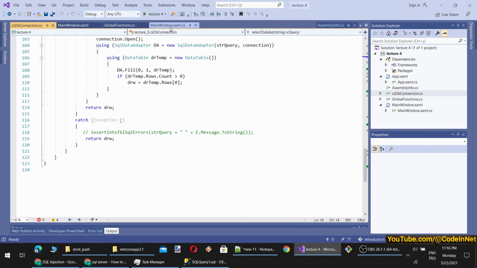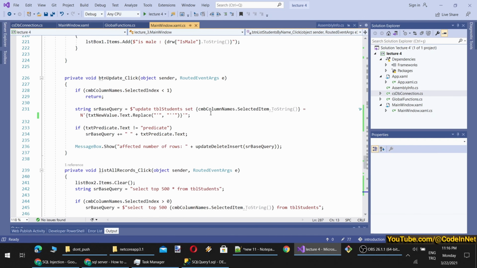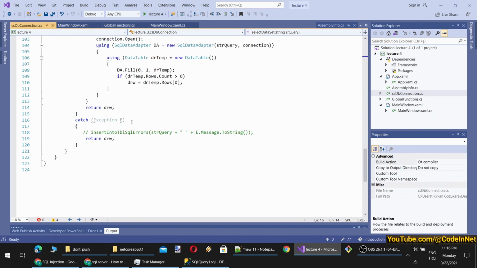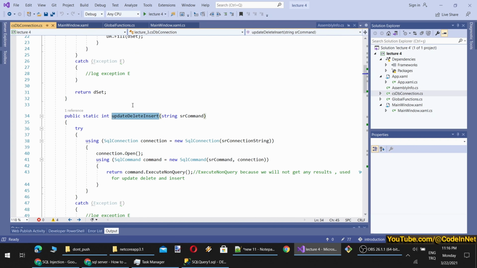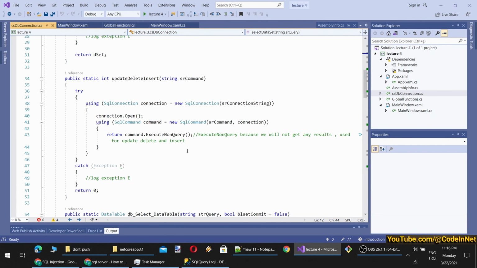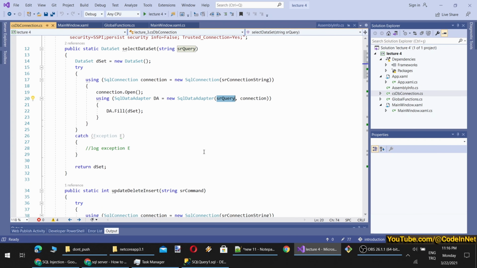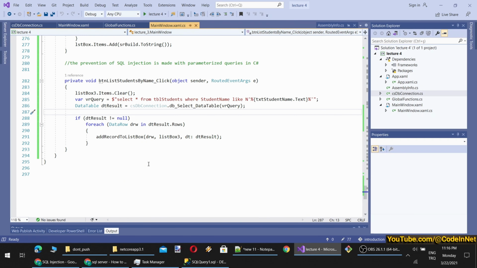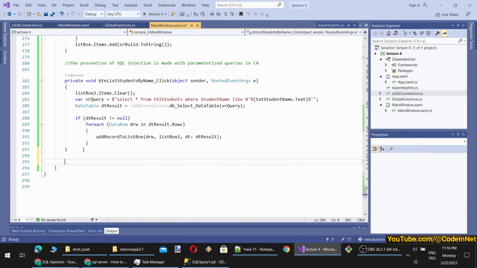I think I will start from a simple query and then turn that into a method, just like our existing select data table method or select dataset method or our update method, which we have seen so far here. Select data row, select data table, update, delete, insert, and select dataset. All of these methods we have written so far directly execute the query. Therefore, all of them are vulnerable to SQL injection attack. So we are going to turn this method into a secure method.